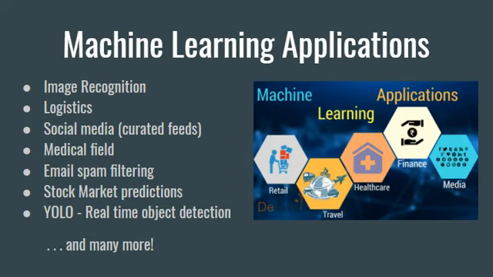And now moving on to machine learning applications. The legacy applications of machine learning have been image recognition, logistics, medical field, and the classical example is email spam filtering. But the recent innovations which we see in our day-to-day lives are in social media, Facebook, Twitter, Instagram, and whatnot. All the feeds are curated according to your interests. And another example is Apple Face ID for facial recognition, and personal voice assistants like Siri, Bixby, Google Assistant, and even Netflix and Tinder also use machine learning algorithms.